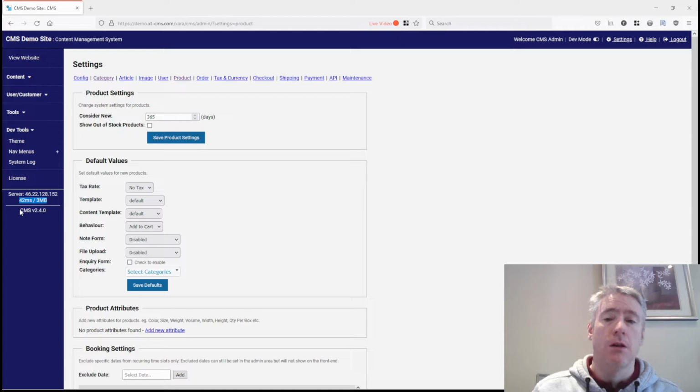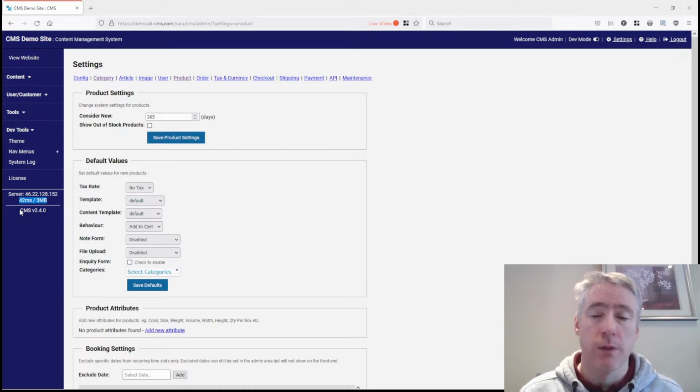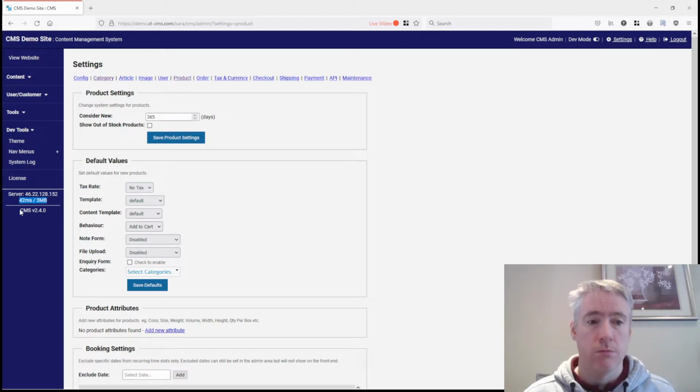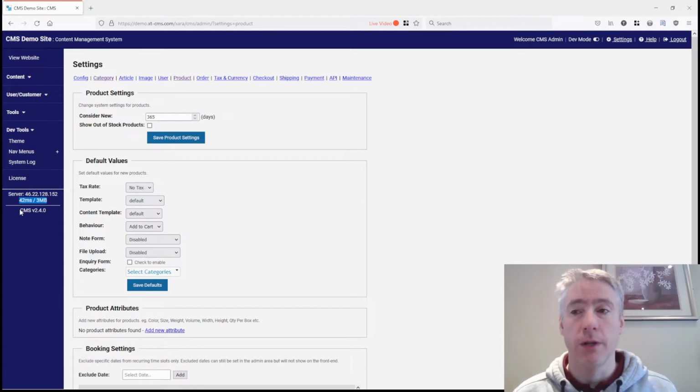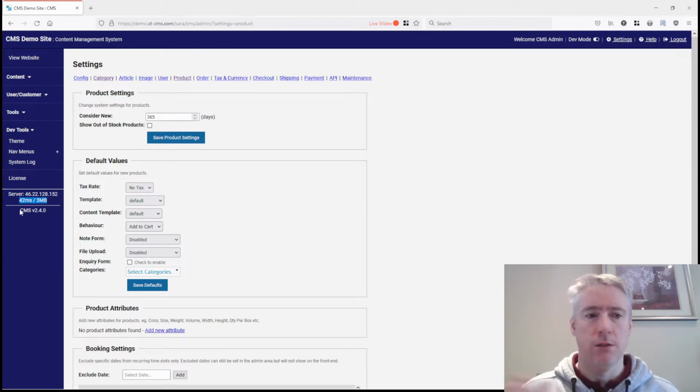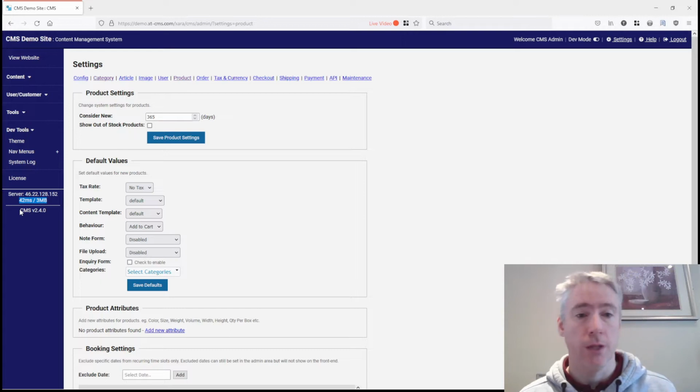I have tested it on actual websites with like 15,000 products and stuff like that, and it runs really well. So you're looking at like half a second response, plus or minus, or maybe 10 megs of memory or something like that. So it can handle a lot of products, but this is basically allowing you to monitor and keep an eye on it to make sure there's no issues with something taking an extraordinary amount of time, which you shouldn't be seeing.